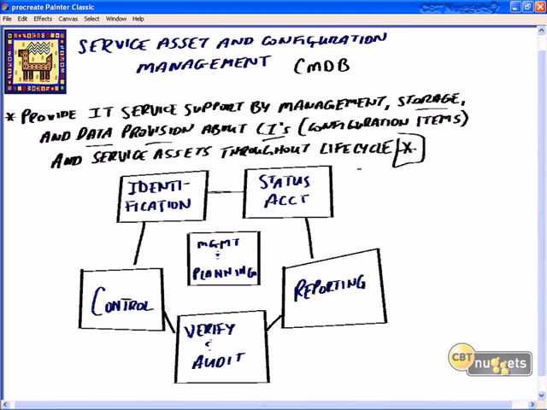So at the core of this, at the inside of this, is our management and planning. And then the activities that take place around this will be things like status accounting. Status accounting is the process of reporting all of the current data as well as historical data about each configuration item throughout its life cycle. So the status could be in the test phase, it could be under development, it could be live, it could be disposed,